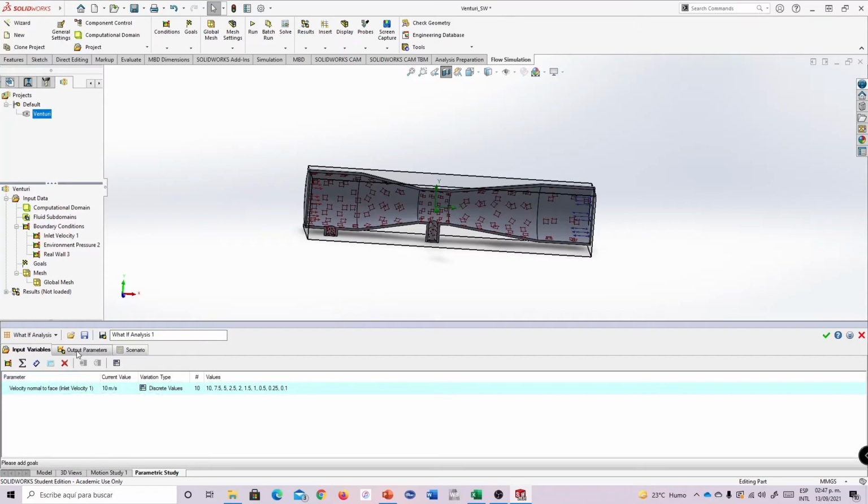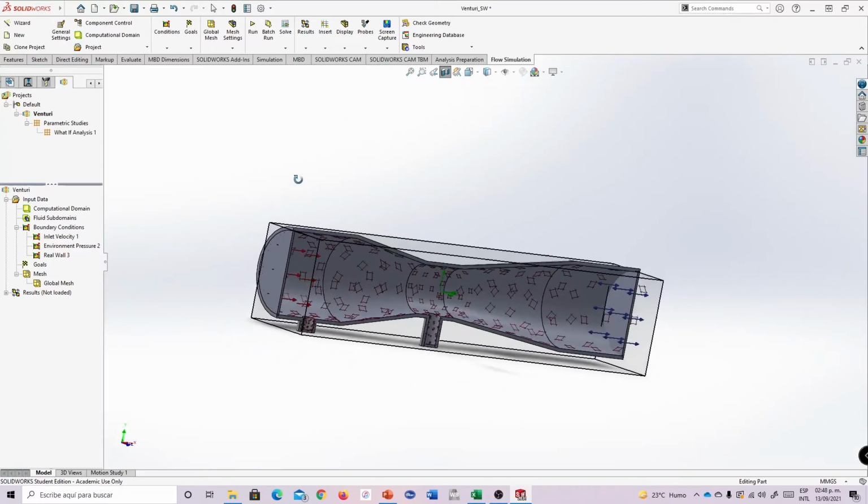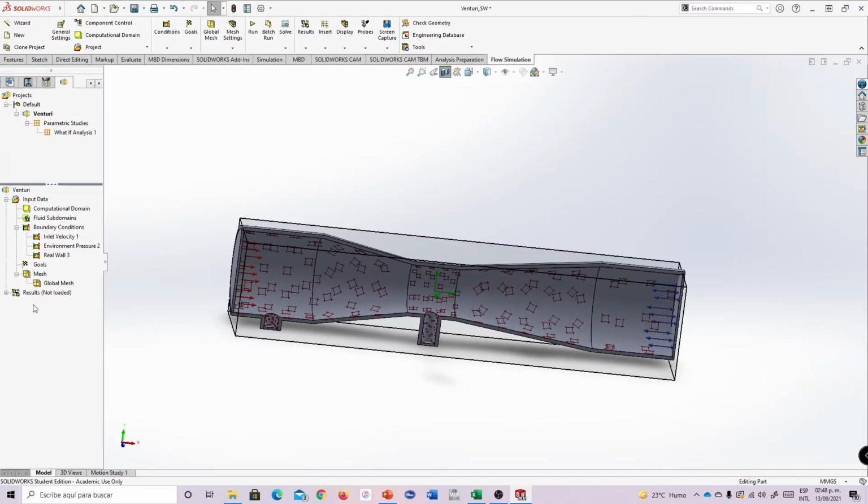So I'm going to move here to the output parameters, and here I'm going to select add results. Okay, it says that we have nothing to add. I'm going to click OK, and that message is because we haven't specified here what we want to obtain. For example, we need to go here to results, and I'm going to select surface parameters. I'm going to click here, surface parameters, right click, insert,